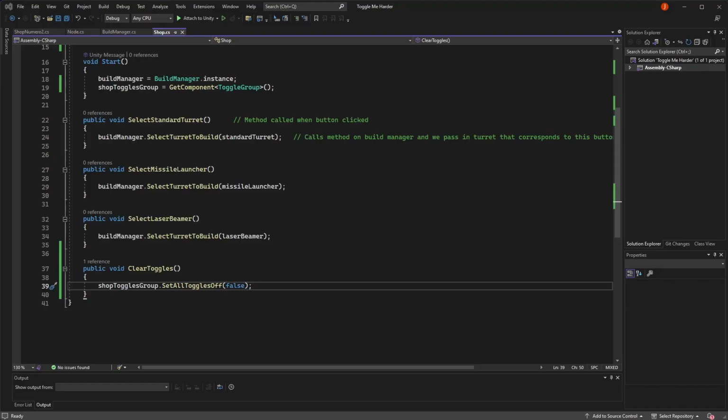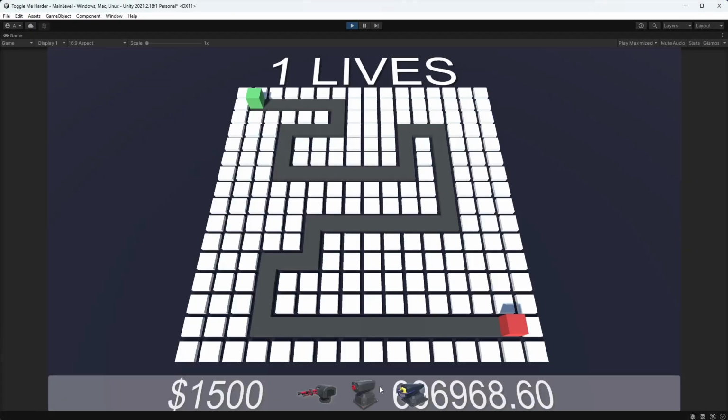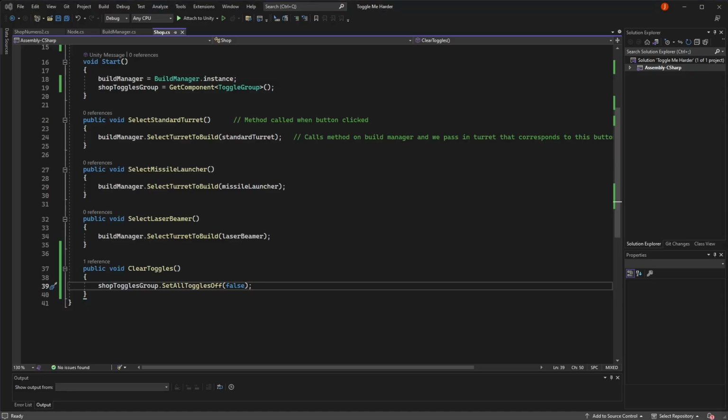The final bit of functionality I want to show for toggles is the ability to loop through the toggles in a toggle group ourselves and run our own logic on them, for example changing whether the player can interact with them. Right now in our tower defense game, placing a turret costs money, and that controls how many turrets you can place. This makes sense for a tower defense game, but in other games we might want to limit the total number of structures we can have at any one time, and after we've placed a certain amount, no more can be placed. To do this, we can go back to our shop class and define two new fields.